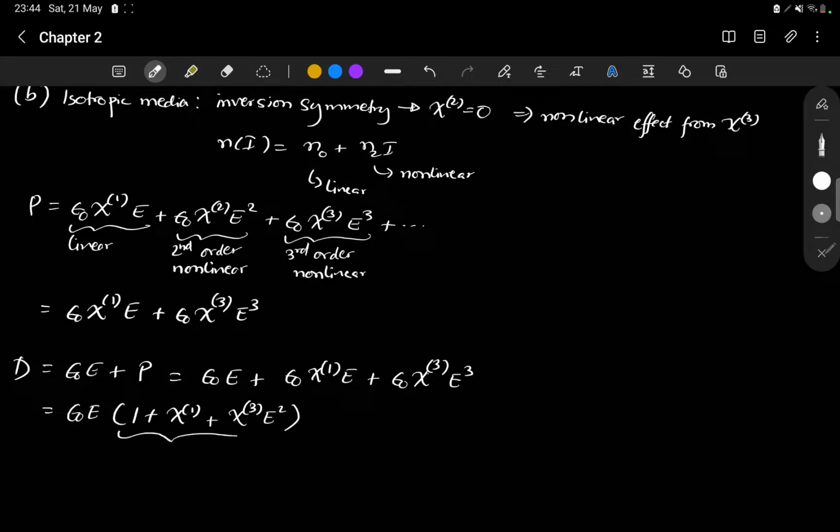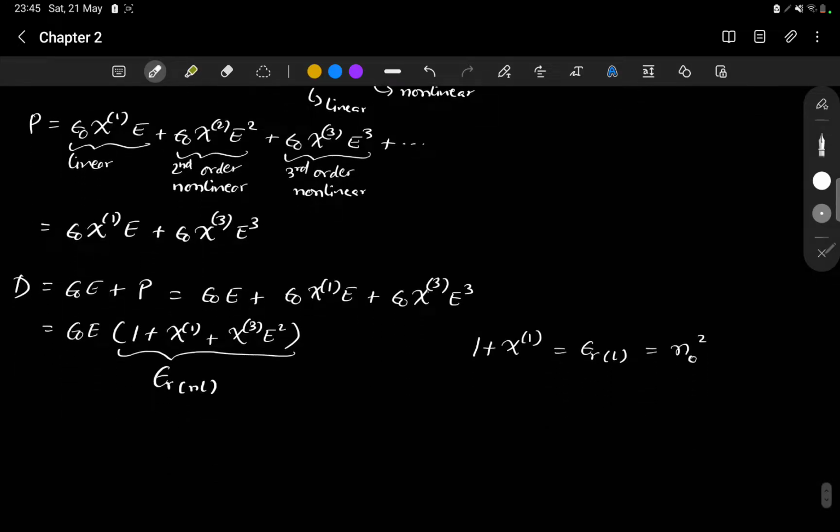So this term right here is relative permittivity in the case of nonlinear crystals. We also know that 1 plus chi1, the linear susceptibility, is relative permittivity in the case of linear crystal, L denoting linear, NL over here denoting nonlinear, and this is nothing but the square of the linear term of the refractive index. So from here we have